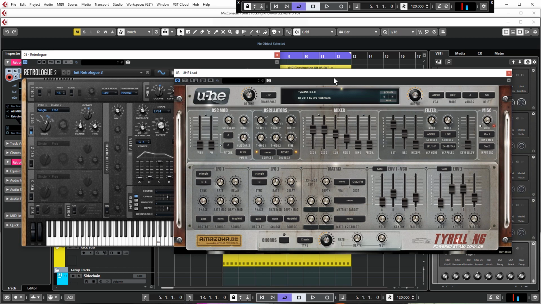And what I'm going to show you today is just how to make your own sounds in it, and also just to navigate around the synth. So if you're completely new to synthesis, and perhaps you come from one of our other tutorial videos where we use Retrologue and you're looking for a replacement for that because you don't have it in your version of Cubase, then this is a really good choice. Now there are literally hundreds, even thousands of free synthesizers that have been made by people, so there are plenty to choose from, but this is definitely one of the better, nicer sounding ones that I've found